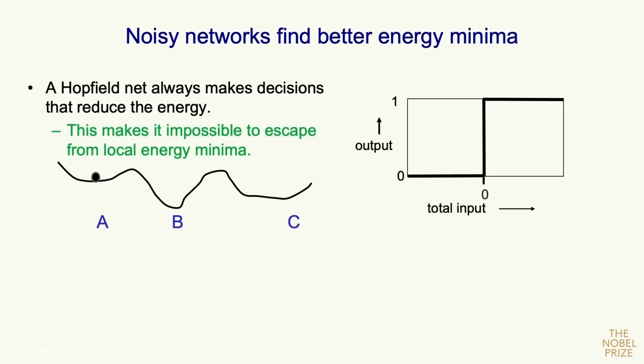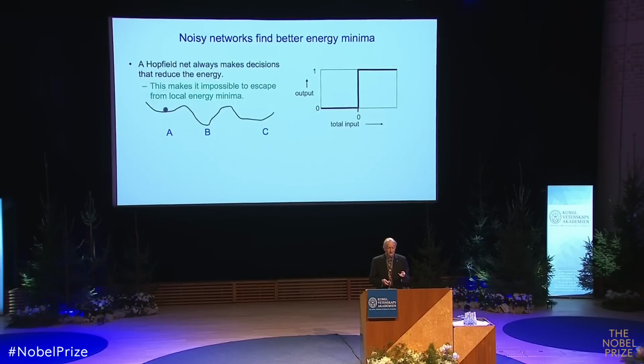So, the search problem we solve, more or less, by making the neurons noisy. If you have deterministic neurons, like in a standard Hopfield net, if the system settled into one energy minimum, like A, where the ball is the state of the whole system, the configuration of the whole system, it can't get from A to B because the decision rule for the neurons only allows things to go downhill in energy. And the graph on the right is the decision rule. If the input's positive, turn on. If the input's negative, turn off. We would like to be able to get from A to B, but that means we have to go uphill